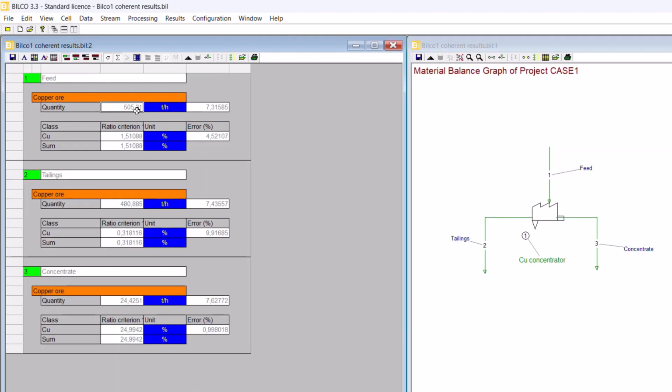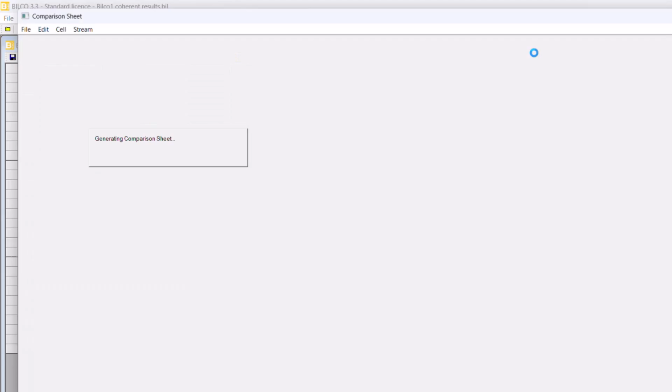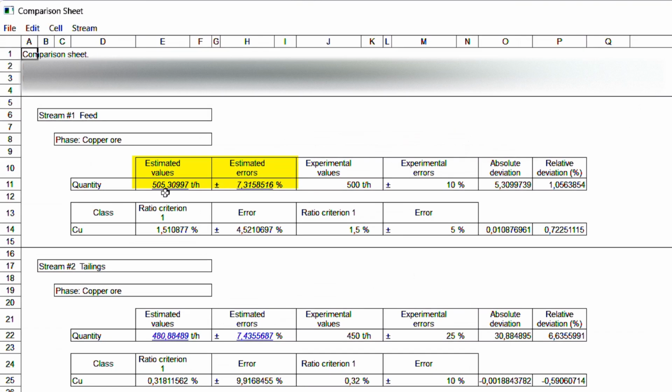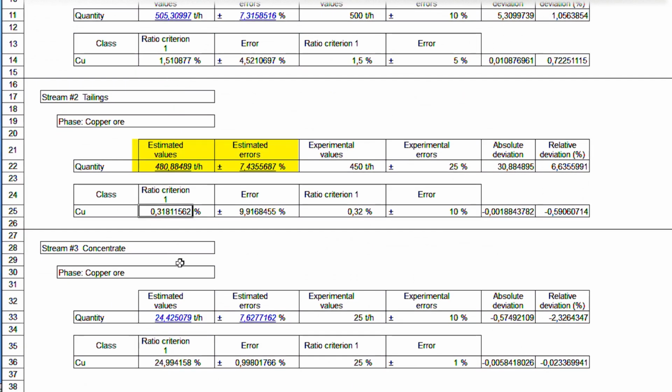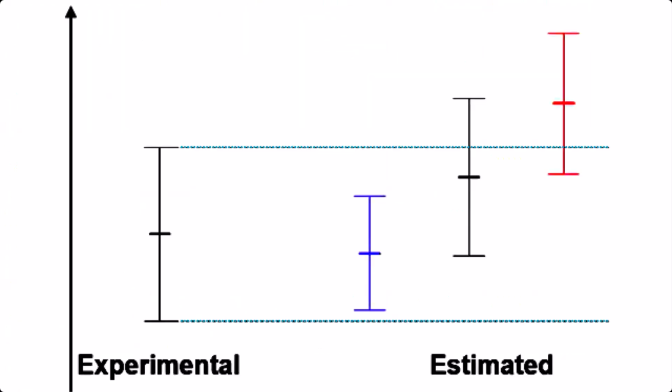BILCO data reconciliation software makes your results easy to interpret. The comparison view shows measured versus estimated values, with a color-coded confidence indicator that helps the user to identify the quality of the data reconciliation. The measured data is represented as a point and its error range.